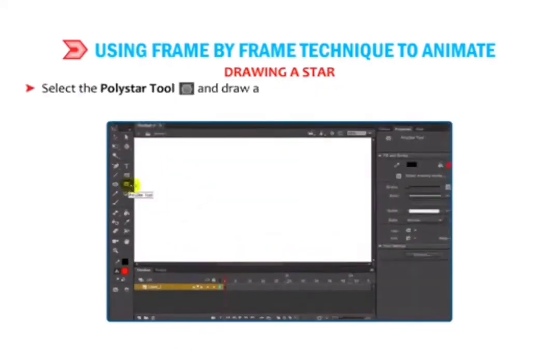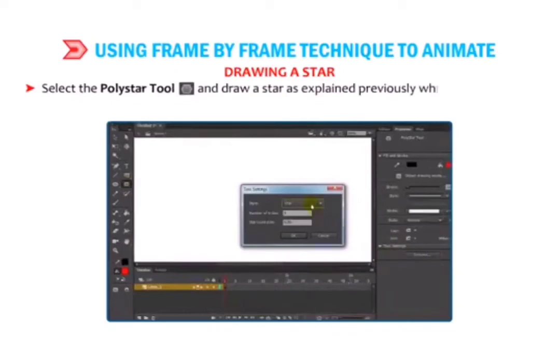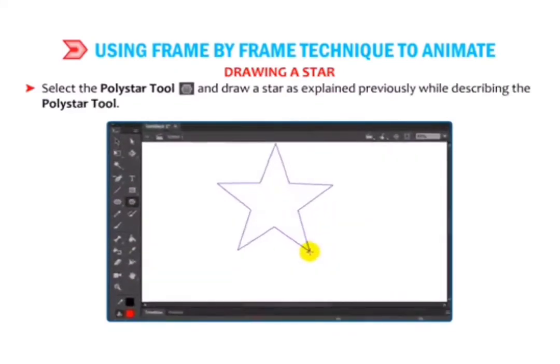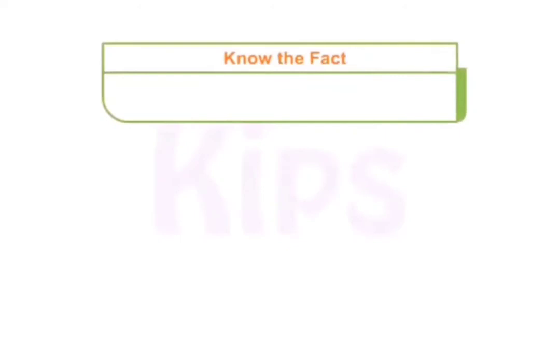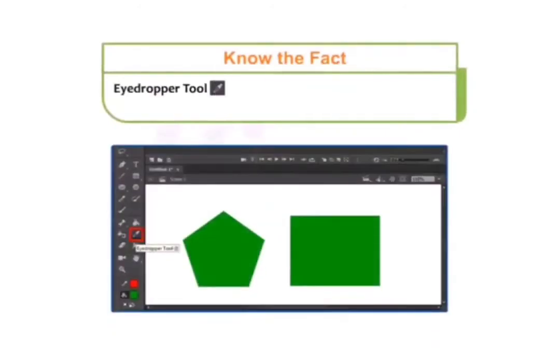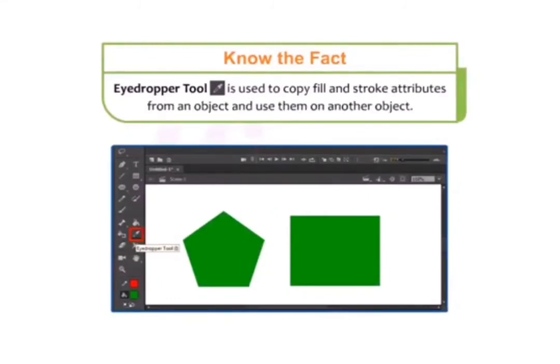Select the Polystar tool and draw a star as explained previously while describing the Polystar tool, right? So this is red color star. Know the fact. Eyedropper tool is used to copy fill and stroke attributes from an object and use them on another object.